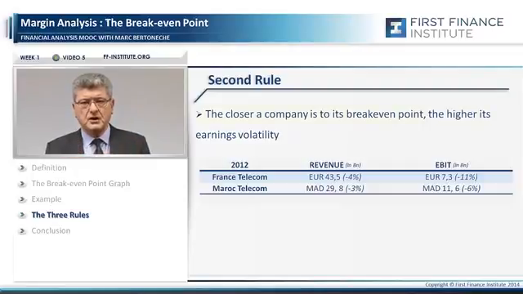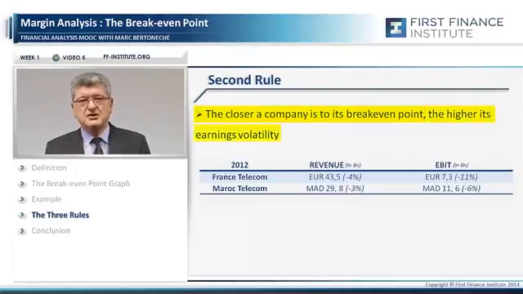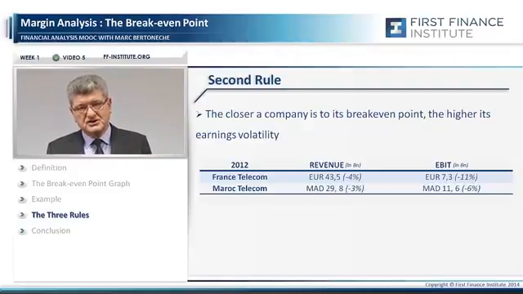And the rule is the following. The closer a company is to its break-even point, the more sensitive it is to changes in the level of activity. Sometimes you'll hear a chief executive officer announcing with great pride and a big smile that they have been able to grow their profit by 70% while their sales grew by 10%. Great. But often not due to their talent or their skills, but more basically to the position of their firm in terms of break-even point. And if next year their sales go down by 10%, they might very well see their operating profit collapsing by 60 or 70%.